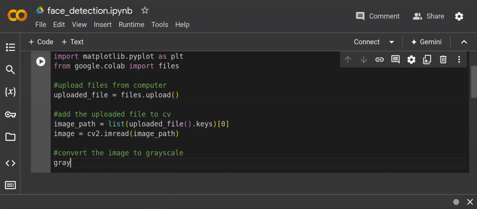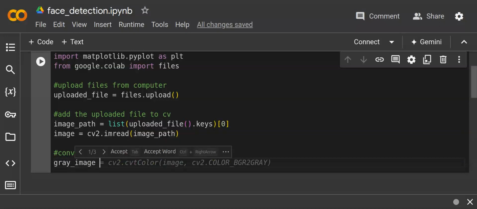So we can now say gray image equal to cv2 dot, I'm going to use a function now. We call the function